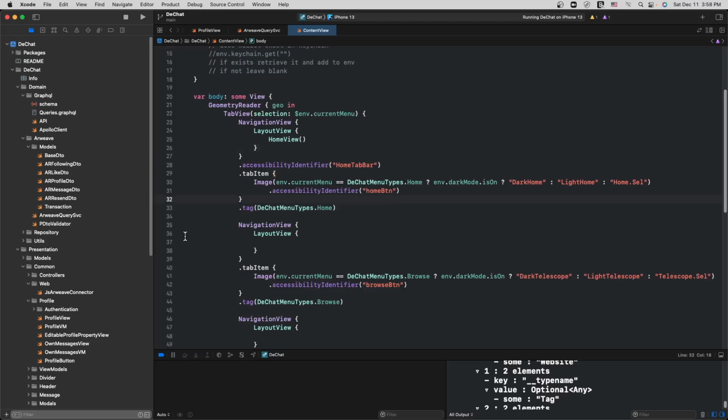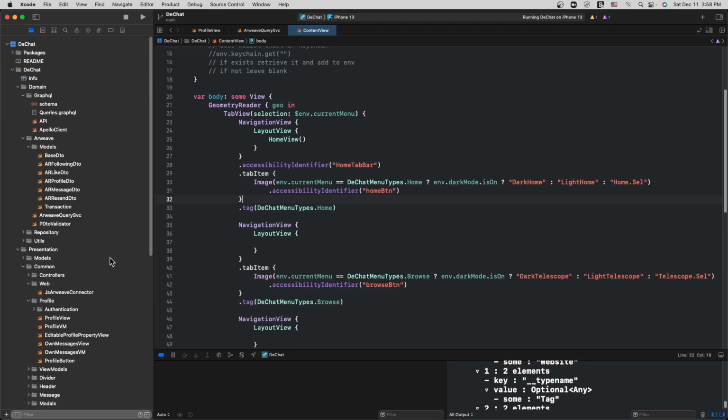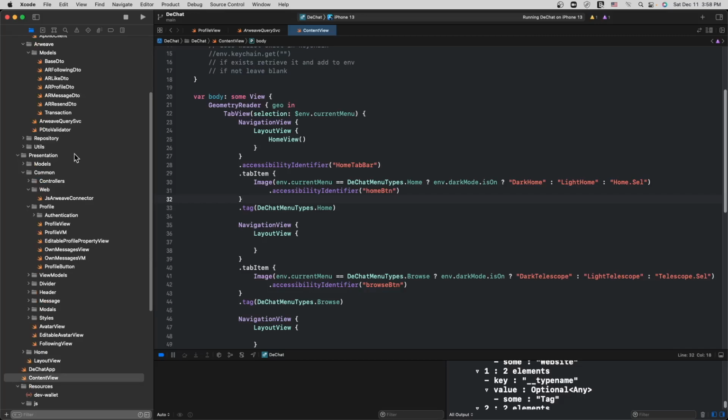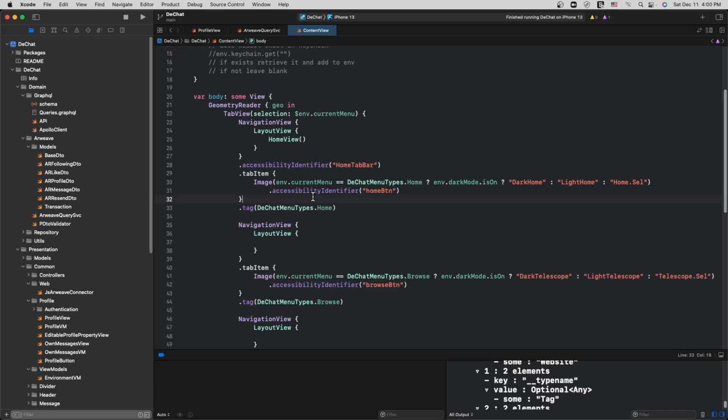So like I said, this is the application. And if you take a look at it, the design structure of it is pretty simple. I've got a domain folder with things that are underneath the UI layer that I'm going to be sharing throughout the application. And then I've got a presentation folder, which obviously is going to have all the UI stuff, but it's also going to have the VMs, the view models, in there as well. Let's take a look at the application.